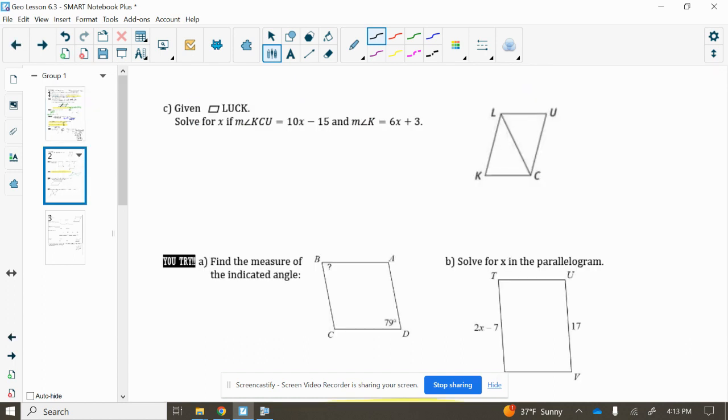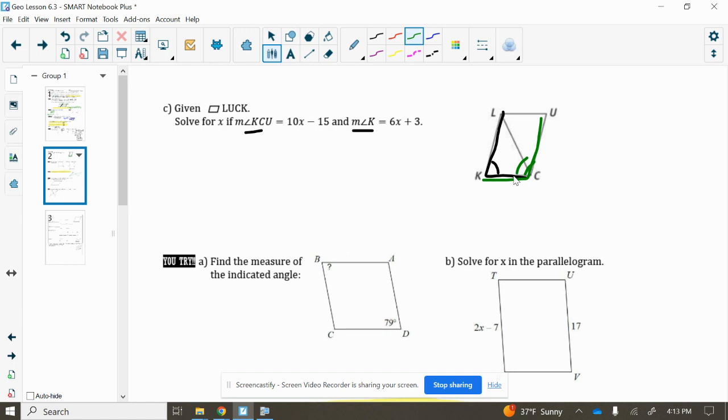So as we turn to the next page, we see one last example for us to look at together. This time, notice they are telling us about 2 pairs of angles. We have angle K, which is right here, and then we also have angle KCU, which is this angle here. So again, always be careful of what angles they're giving you. In this case, they are giving us